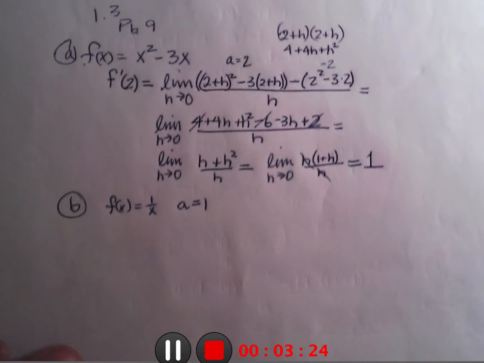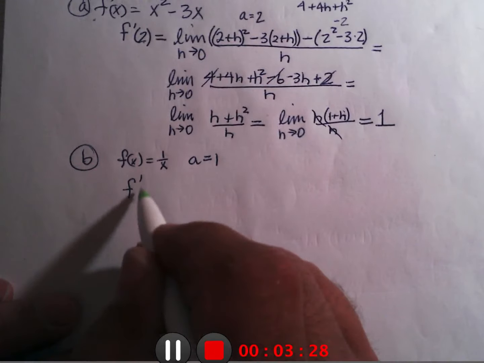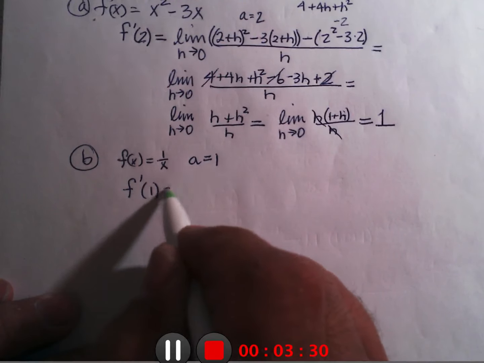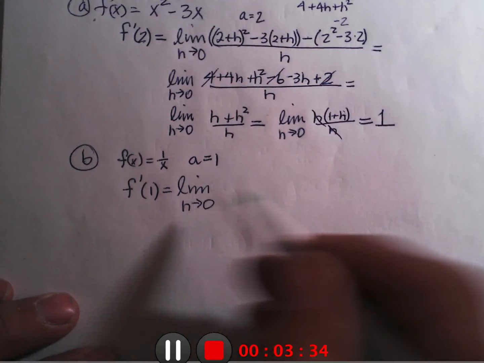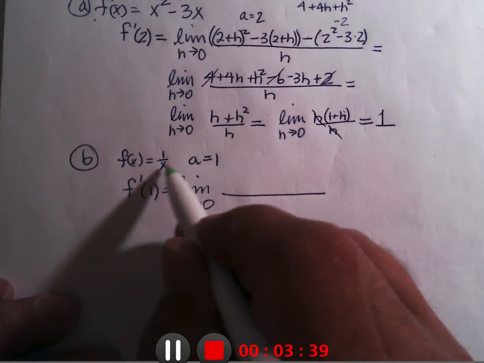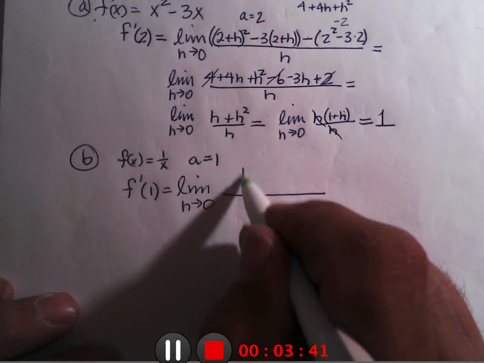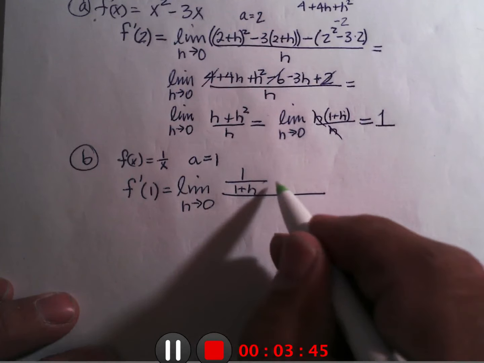So we're doing f prime at 1, which is the limit as h approaches 0. And we're going to put in 1 plus h for the x, 1 over 1 plus h, minus 1 over 1